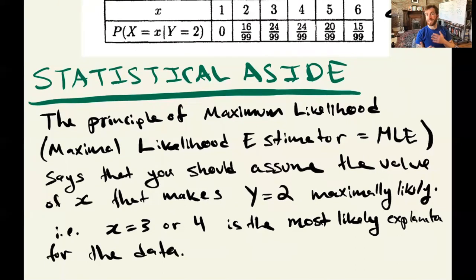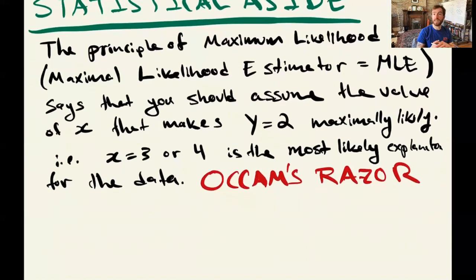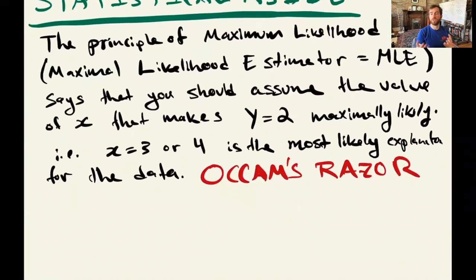You can almost think of this as an Occam's razor of some sort. Which can be interpreted in various ways, but one way of saying it is you should always choose the simplest explanation that explains the observation. And that simplest explanation tends to be the one that's right. So it's a slight variation on that. Anyhow,